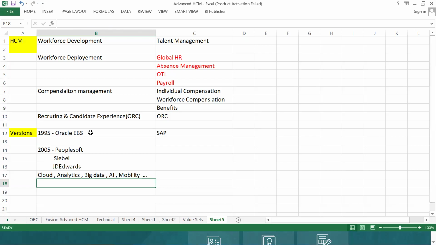So these ERPs do not have that capability. They don't have the architecture to support all this. Maybe 20-30% it will support, but not 100%. So from 2015-16, meaning the last 7-8 years, if we look at almost all the clients, when you